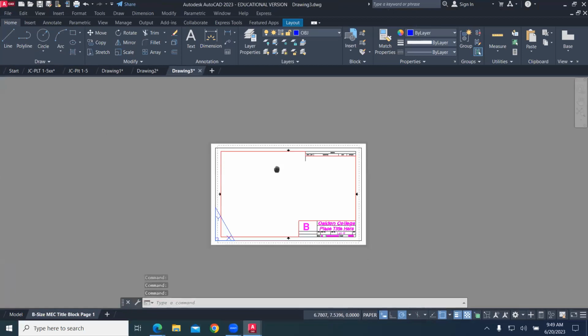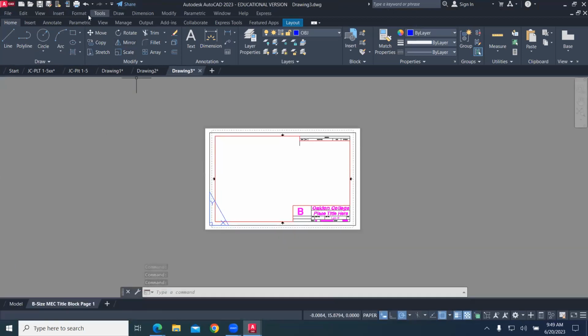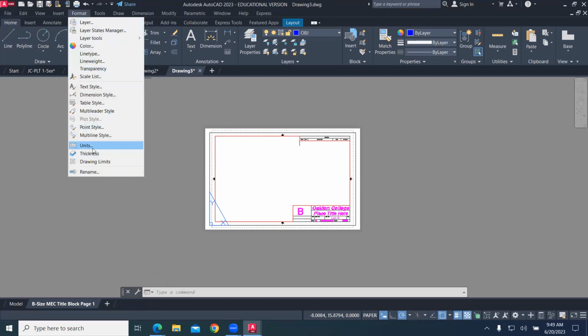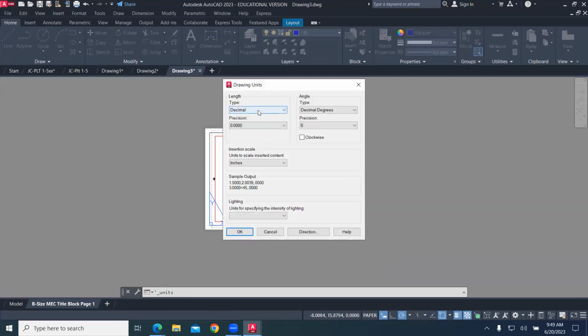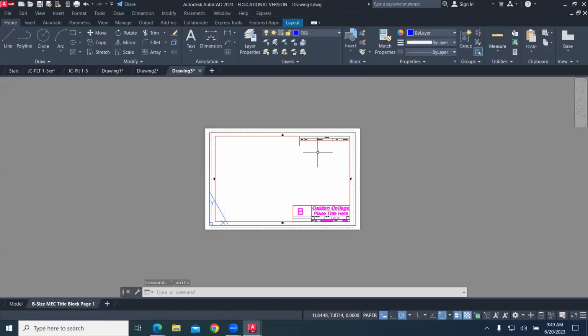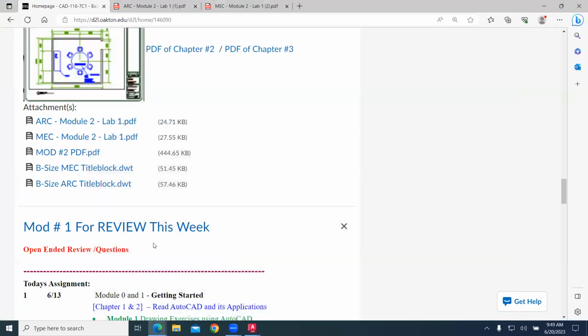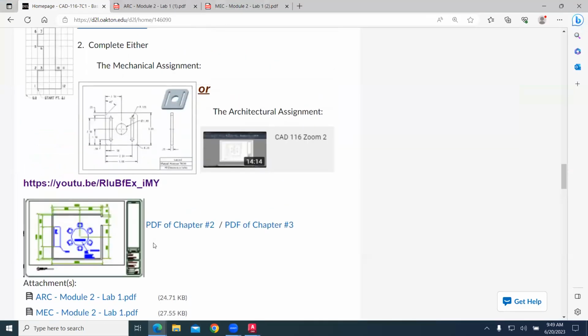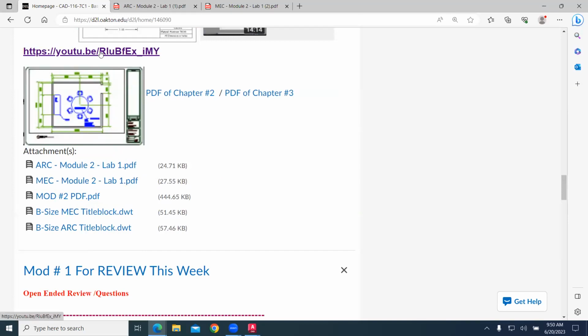we'll be working with our mechanical title block. And if we look at our units, these will be set up as decimal. And so that's the big difference between the mechanical title block and the architectural title block. And then as you go through and you look at the assignment, we have videos for each of these assignments. And so Al's color coded these in purple. And so if we take a look at them, if I click on this one,